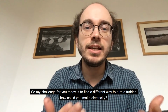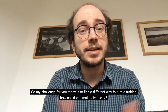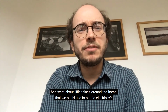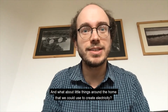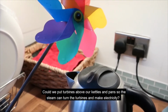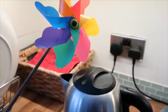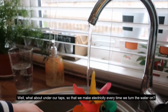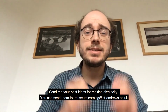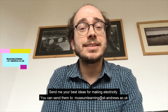So my challenge to you today is to find a different way to turn a turbine. How could you make electricity? Make your own little windmill and find different ways to make it turn. And what about little things around the home that we could use to create electricity? Could we put turbines above our kettles and pans so the steam can turn the turbines and make electricity? Maybe not. Well, what about under our taps so that we make electricity every time we turn the water on? Send me your best ideas for making electricity. You can send them to museumlearning at